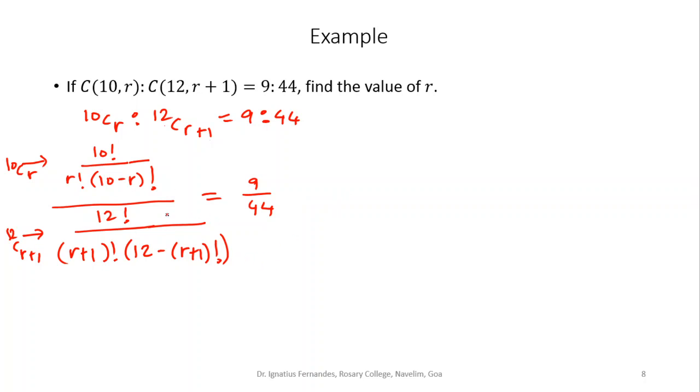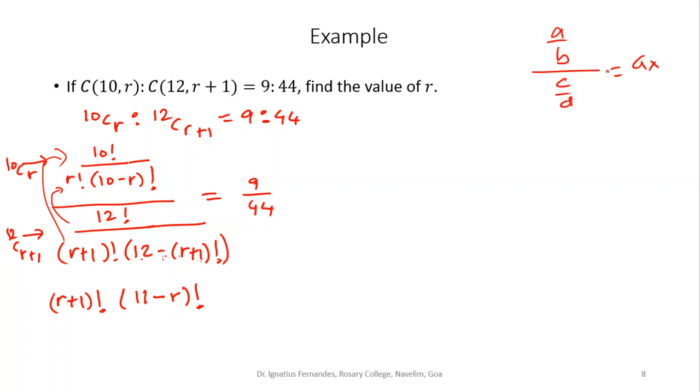Now if you simplify this, you can take this term on the right, and it will get multiplied here. So I have R plus 1 factorial, and now this 12, I have 12 minus R, and if I get rid of this bracket, this minus into plus 1 will become minus 1. So this 12 minus 1 will become 11, and I have minus R as it is, this factorial. So both these terms I am taking on top. We know that A upon B upon C upon D is the same as A into D upon B into C.